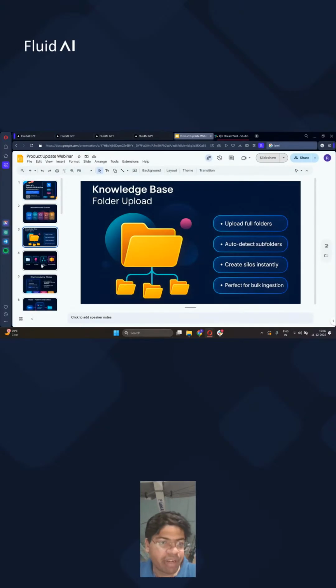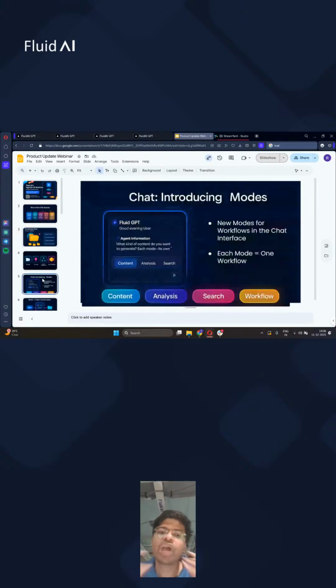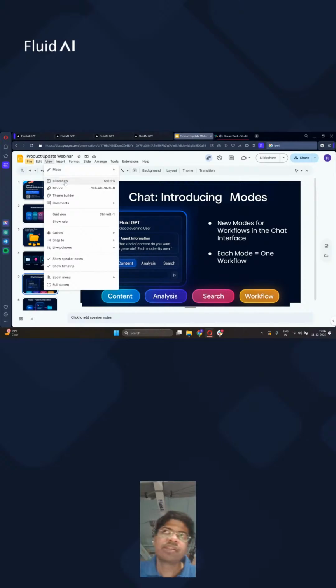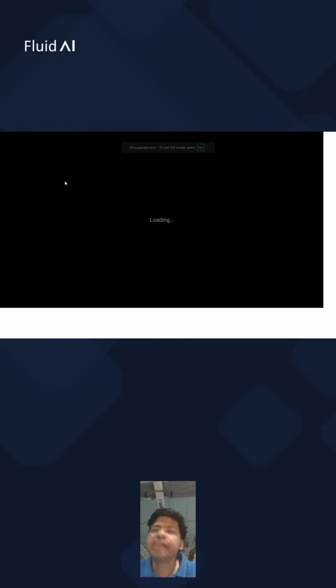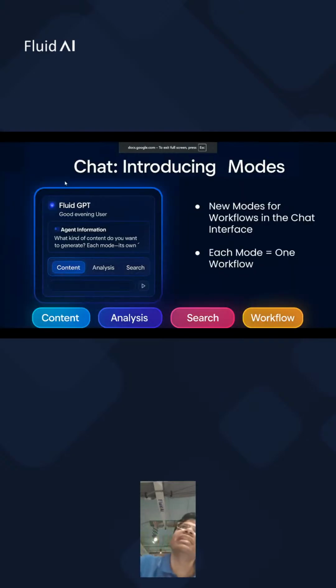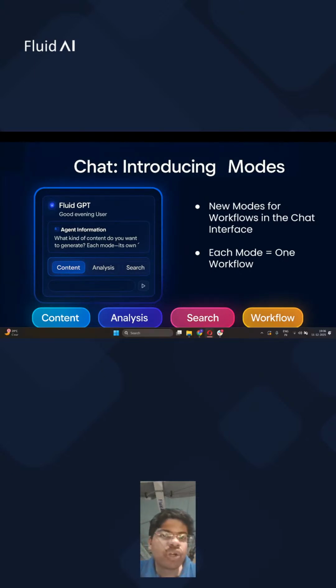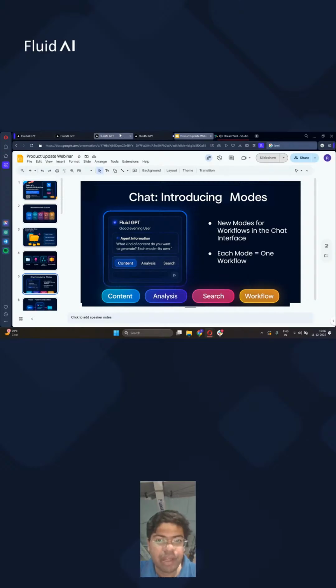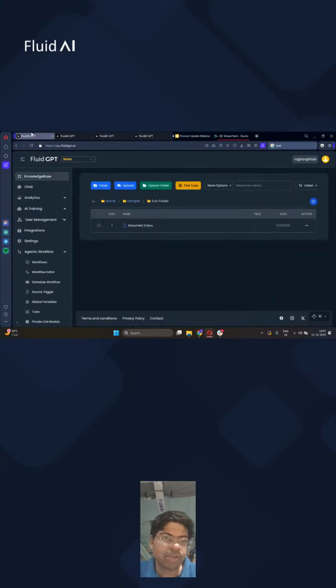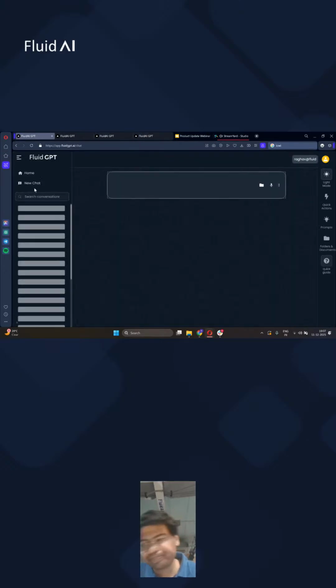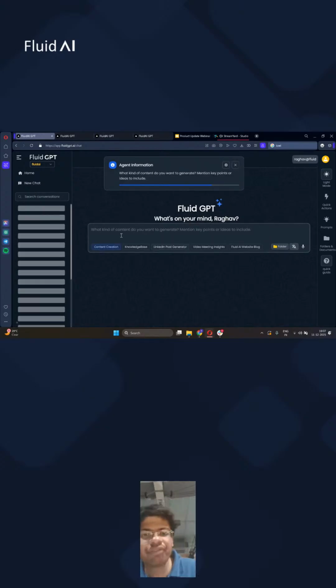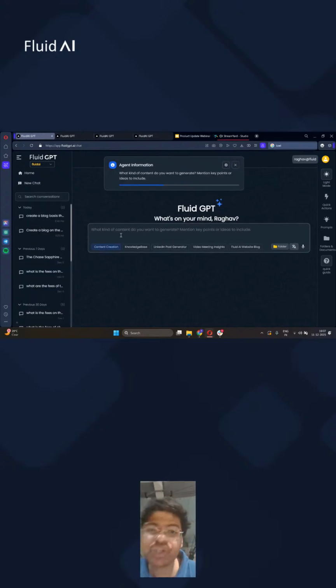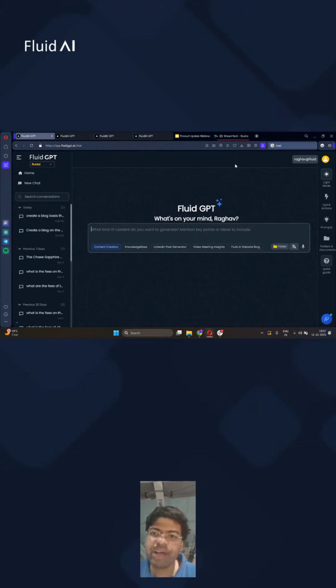The next thing that we are really excited about is the chat modes. One of the key things that a lot of people have been saying to us is, it's great that we have the chat mode, it's great that we have AI agents, but can these AI agents reside within the chat itself? We've listened to our users, we've seen how they played with the system, and we've done just that. So let me bring up the chat. And here I have these 5 AI agents now residing right within my chat, so I can access them as I work with it.